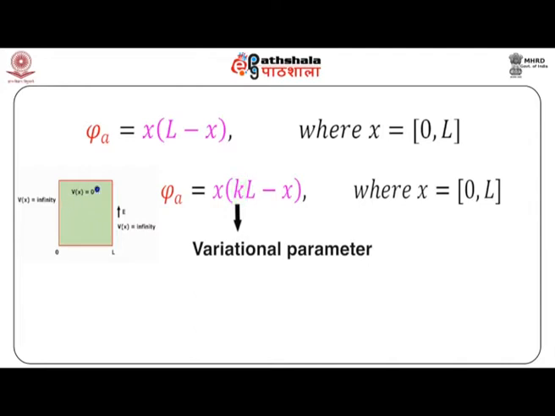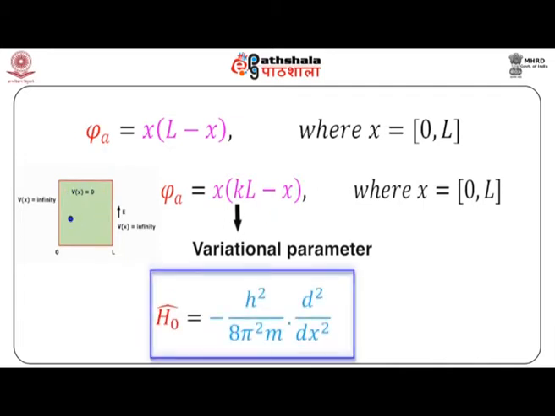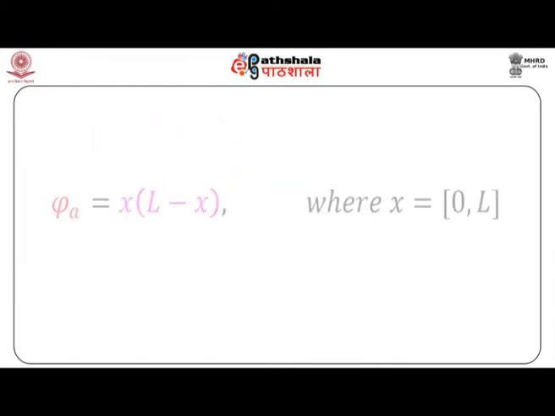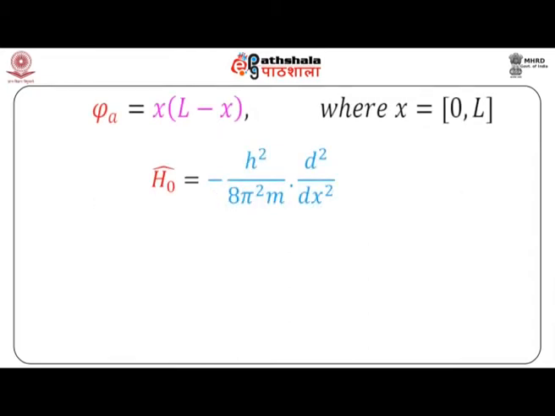The Hamiltonian for the particle in a one-dimensional box is as given by equation 4. That is, the exact Hamiltonian H naught is equal to minus h square upon 8 pi square m into d square by dx square, where m is the mass of the particle. Substituting the trial function from equation 3 and the Hamiltonian from equation 4 into equation 1 to calculate approximate